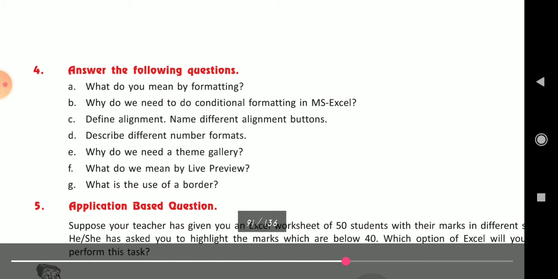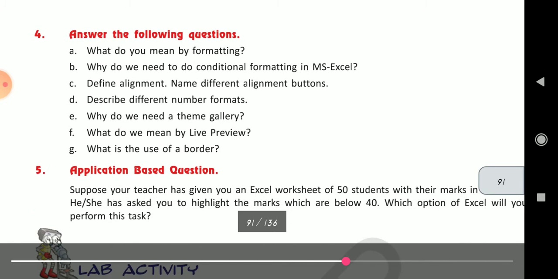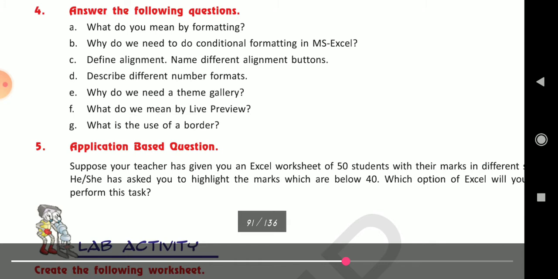Because if the cell value meets the condition, Excel applies the conditional formatting. So the answer is simple, that when the value of the cell meets the specified condition, we use the conditional formatting feature to assign certain formatting, only when the value of the cell meets the specified condition. For that we need conditional formatting.